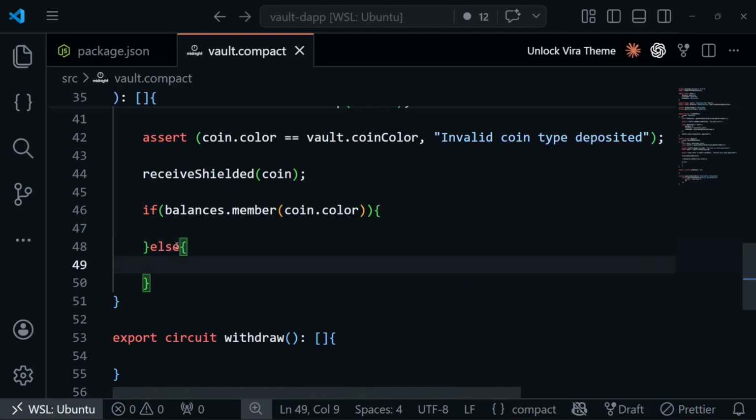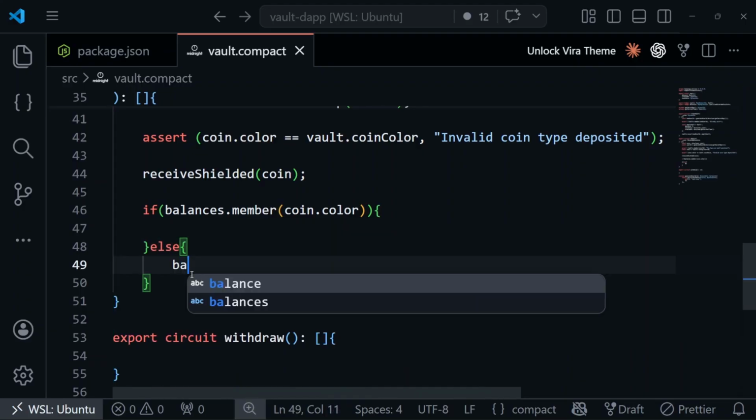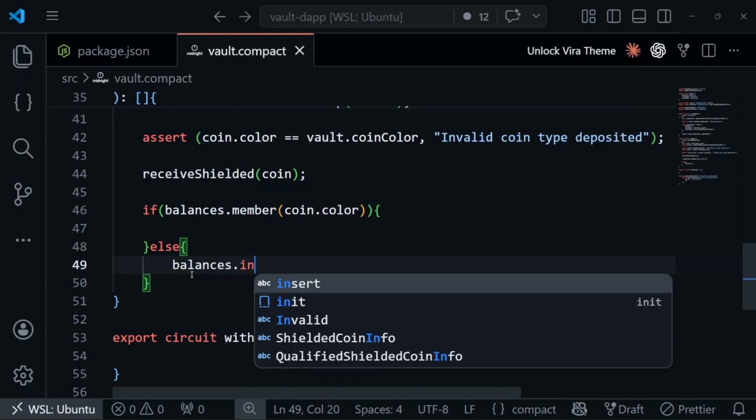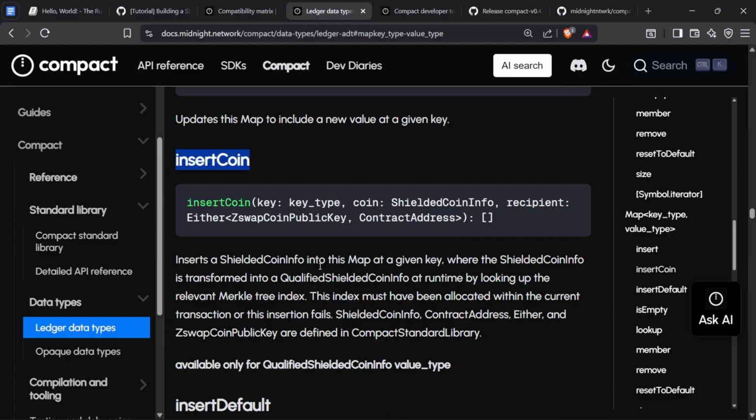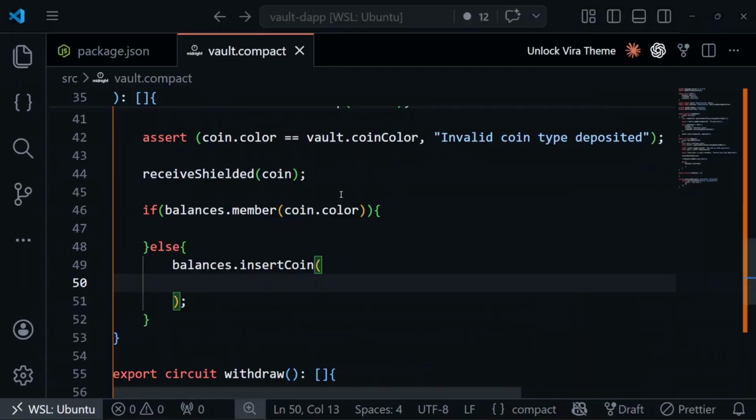Since this is the first time, we're just inserting it directly. So we can just call balances dot insert coin. Remember, I said we have access to this simply because we are storing shielded coin infos or qualified coin infos in that particular mapping. So now we can insert it directly if it's not a member already. Let's see the parameters we need to pass when we are dealing with insert coin. When you are inserting a coin in the mapping, you have to pass the key type. And the key type in our case is